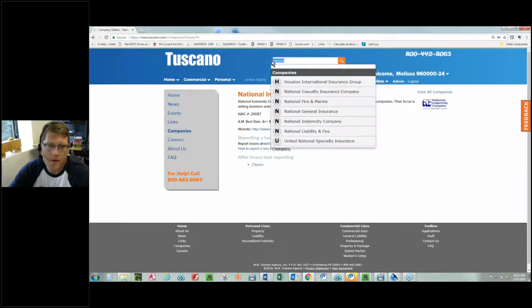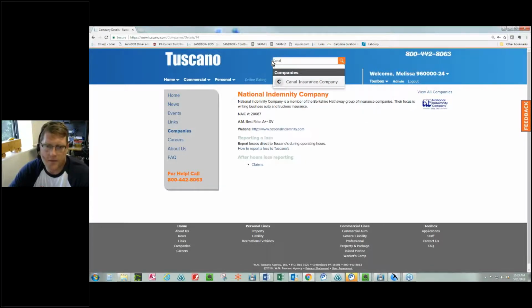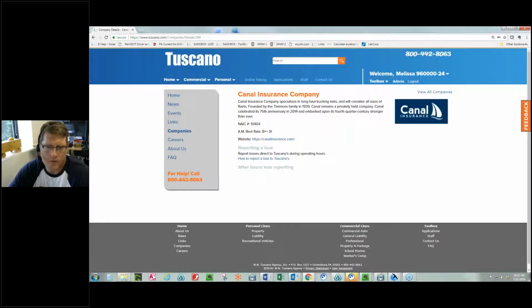Canal is a market that we've picked up in the last year and a half. They specialize in long haul risks with 1 to 2 consecutive years of coverage in place. We have access to them in all states except for New York and New Jersey, and a few states in the deep south like Florida, Louisiana, Mississippi, Georgia. And they've also recently opened us up to certain long haul new ventures.